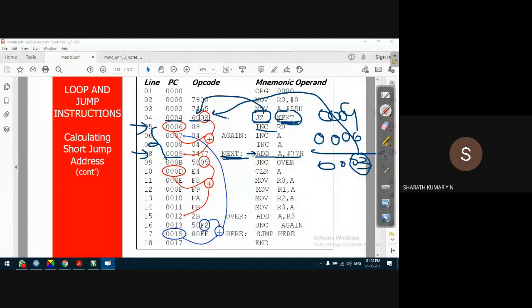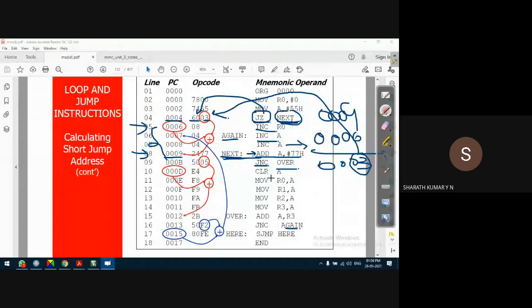Next instruction, INC A. Why INC A? The author wants to elaborate in detail, so that's why the author has taken one instruction. Next is again a label, AGAIN, then INC A. It comes to here and will execute the instruction JNC. The next jump instruction is JNC, jump if no carry.